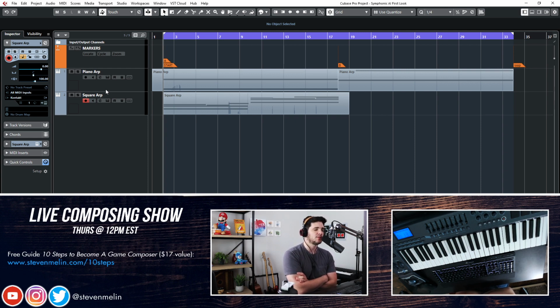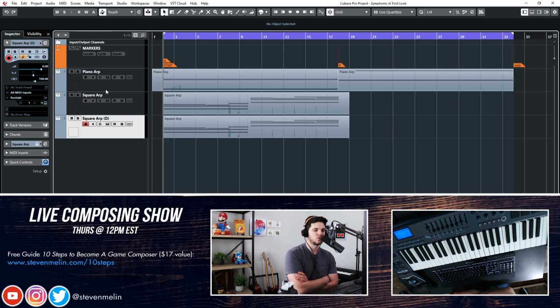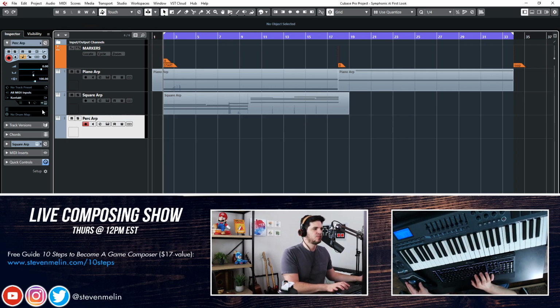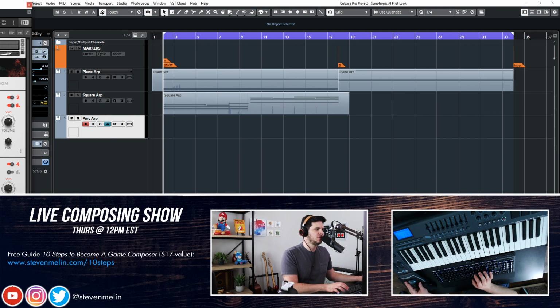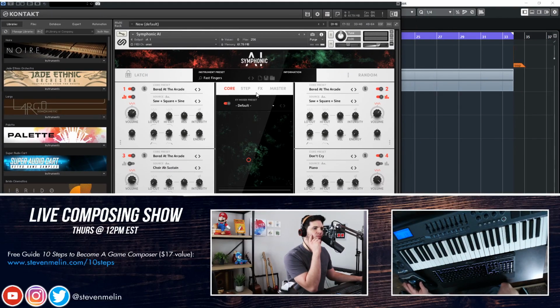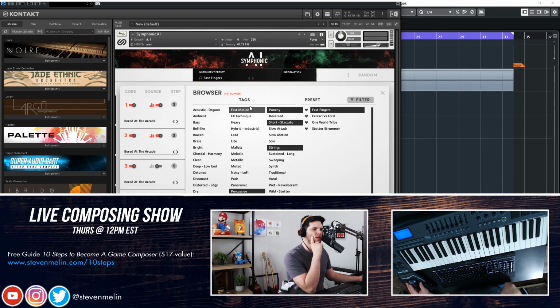It is loading, but remember, these are large patches. You might be better off just creating multiple. If you have lower CPU, you might just want to try creating multiple within one context instance. But this one I want to be a perk ARP. Let's play around. Let's see what we can find inside of here. I'm sure there's something that's going to work for us. So let's just go up here and let's, so